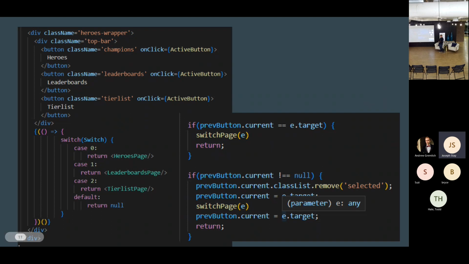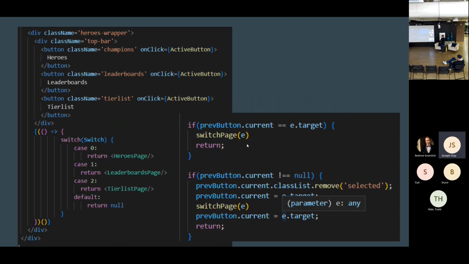And so that's what the code on the left is. All it's doing for creating it is adding the class list selected to it or unselecting it. And right here we have the on-click functions for each of them,